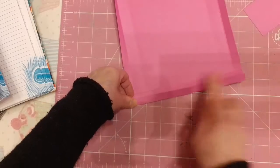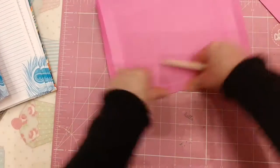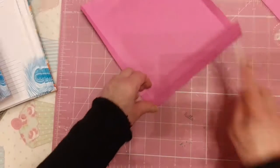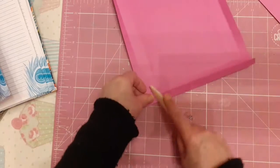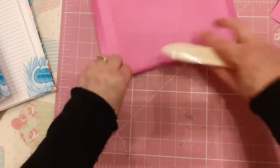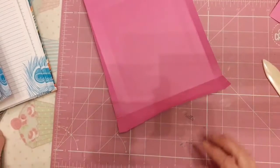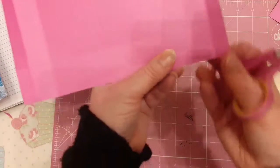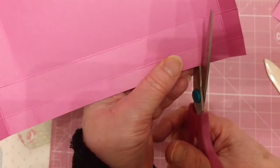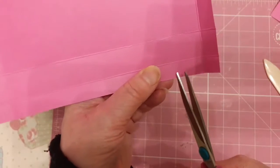So I'm just going to crease over those score marks with my bone folder. And as I say, you do the base exactly the same as this, but I didn't want you to have to, after showing you how to do it on an earlier video, you can just check back on that video and redo it with that. So what I tend to do is the first score line I go to and just wedge. So I've just wedged slightly there, and then